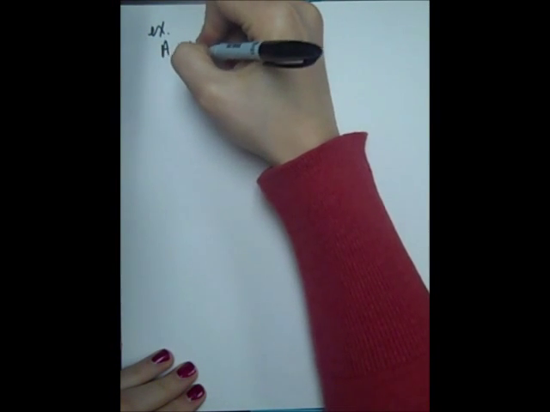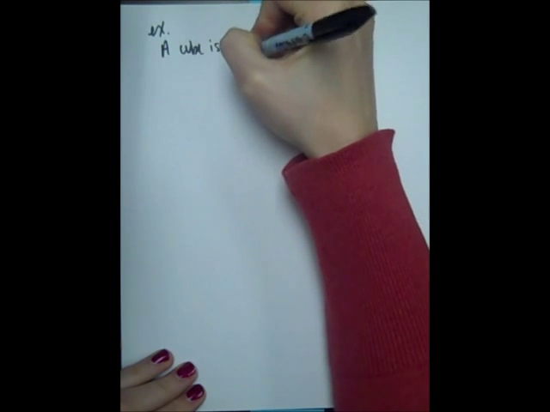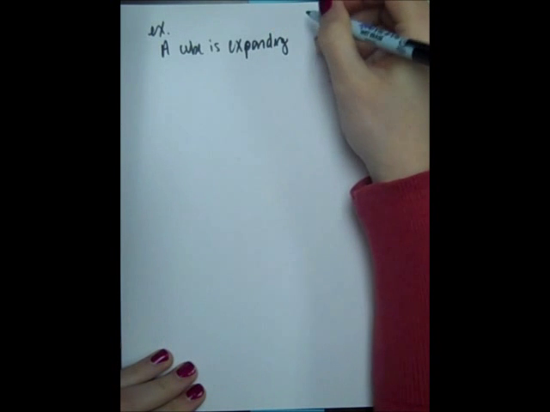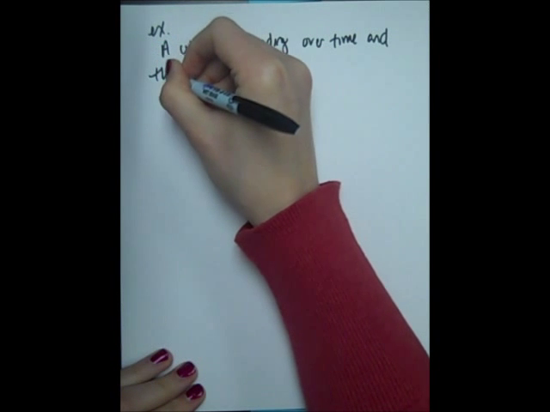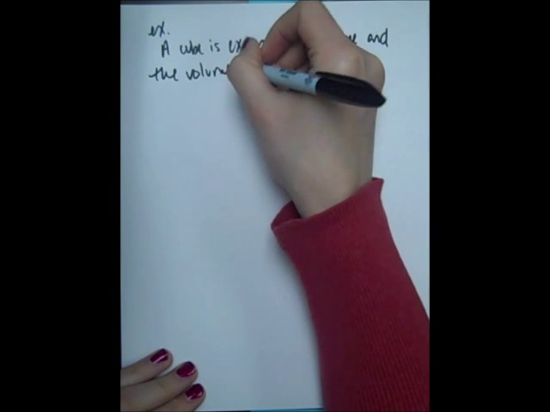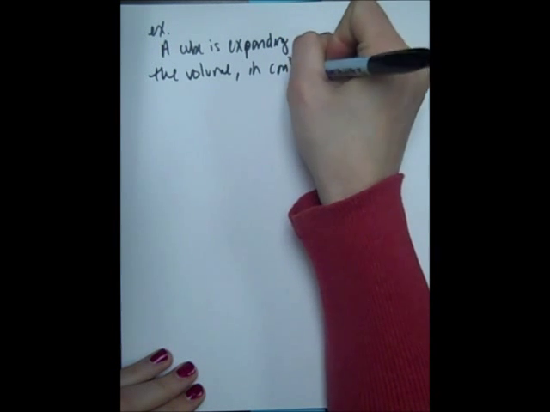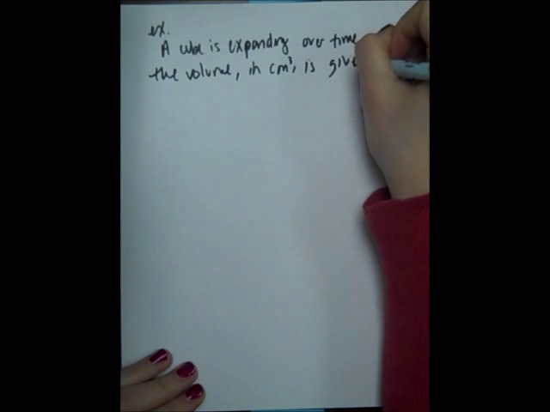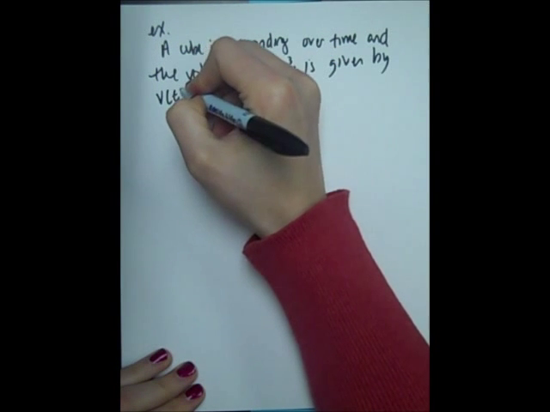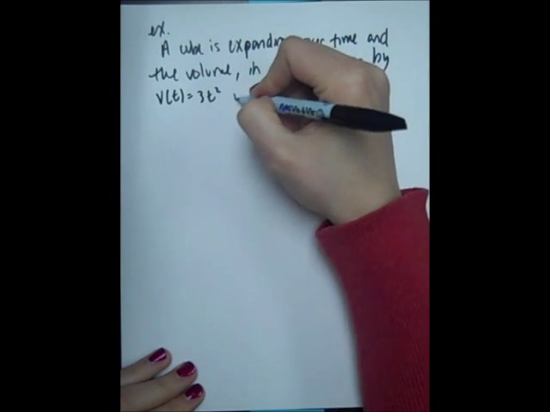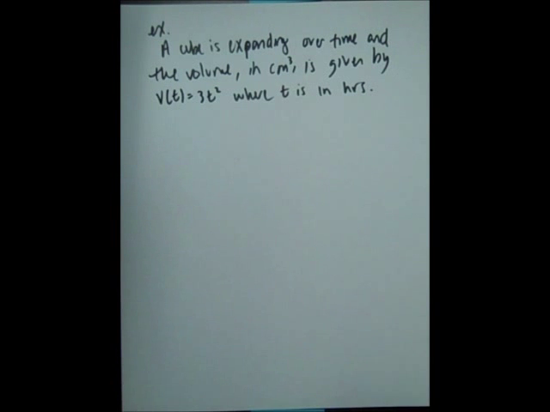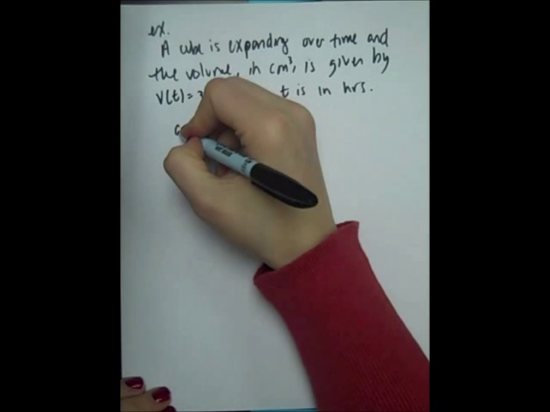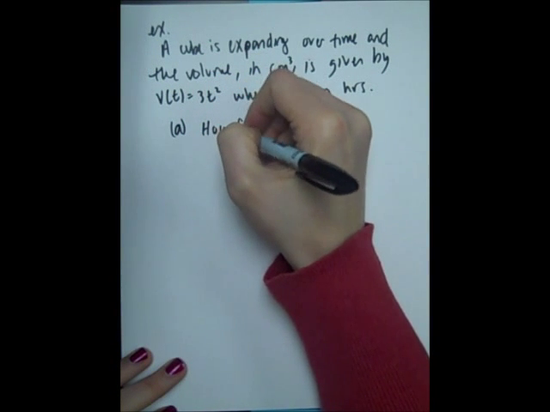Let's say that a cube is expanding over time, and the volume, which is being measured in cubic centimeters, is given by V of t equals 3t squared, where t is in hours. And we're going to ask two questions. First question is, how fast is the cube expanding